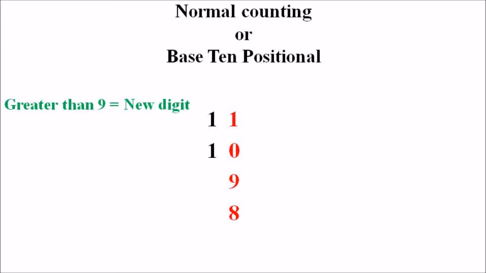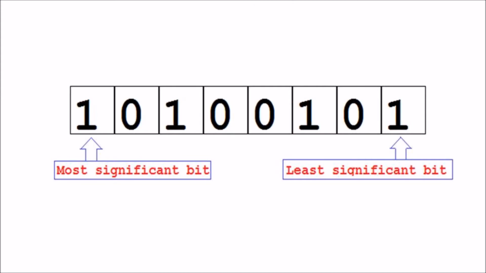When we encounter a counting system, we have to know about two terms. They are known as MSB and LSB. The LSB, least significant bit, is sometimes referred to as the low order bit or rightmost bit, due to the convention in positional notation of writing less significant digits further to the right. And the most significant bit, MSB, also called the high order bit, is the bit position in the binary number having the greatest value. The MSB is sometimes referred to as the leftmost bit.